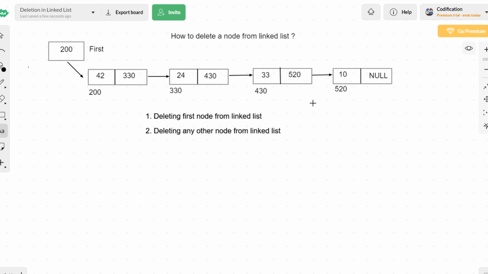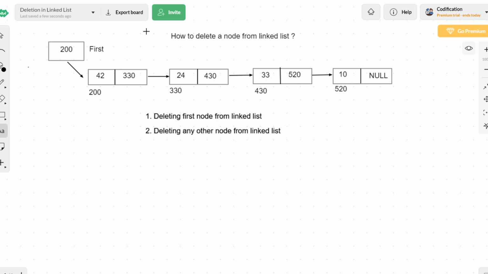So let us look into the concept of what has to be done in order to delete the first node from the linked list. If the first node has to be deleted, then the second node should become the first node.